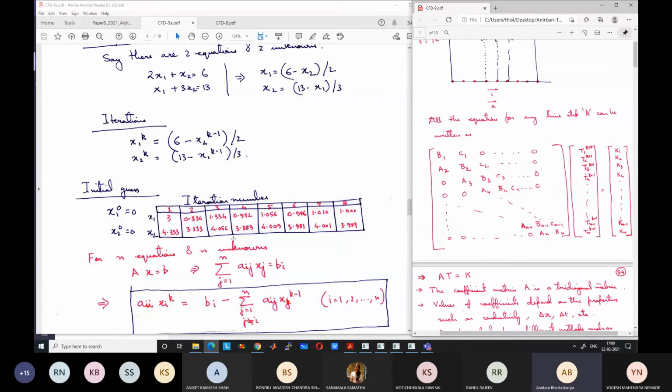There can be chances for these iterative methods that the solution does not converge to the correct solution. There is a lot of mathematical theory behind it, and I don't want to go into those theories. But the convergence can go towards the opposite direction. It depends on something called saddle points and points like that. We will not go into the maths of that, but physically I want to show you what the issue sometimes is.